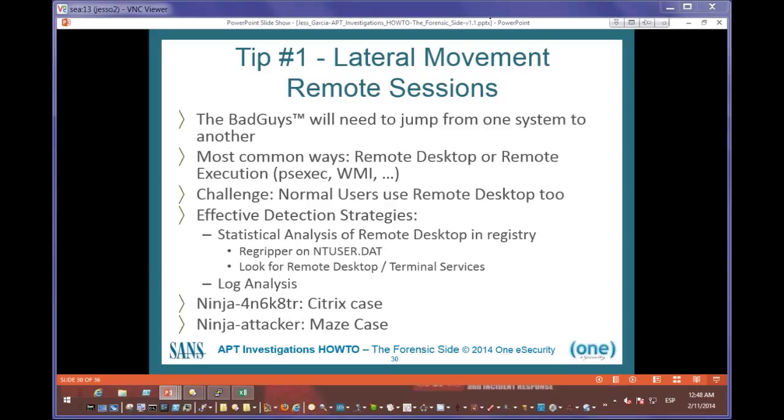So the only thing you need to do is just search for terminal services in the ntuser.dat, and you will get all the entries corresponding to this end user. If a user has more than 10, 15 remote desktop sessions, that's very, very suspicious, because that's not common